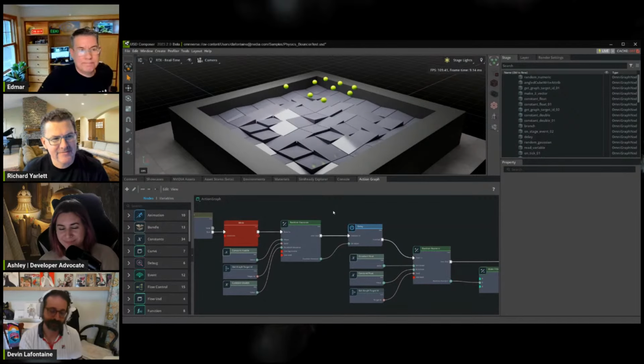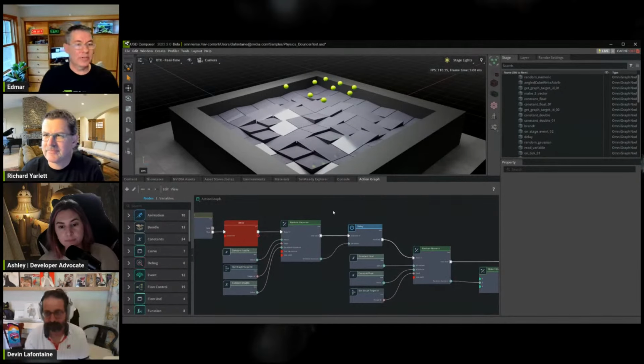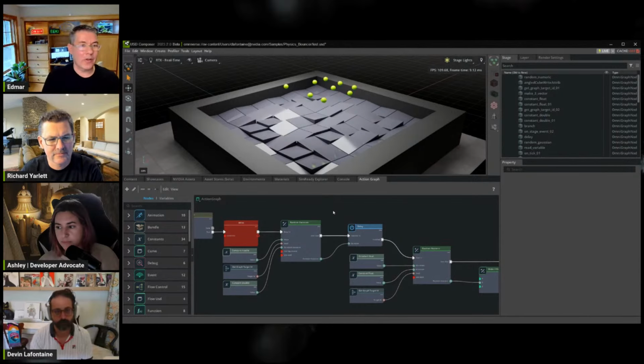Yeah, totally. Okay, so let's talk about what you put together. We mentioned in the title of the live stream, this is all about creating a physics toy, very simply, with Action Graph and USD. So how'd you come up with this idea for what we're looking at? Well,